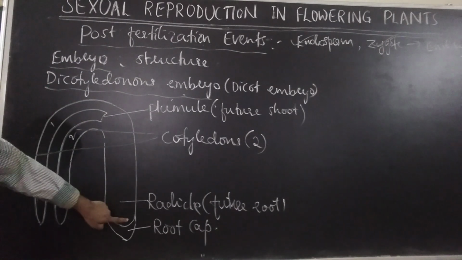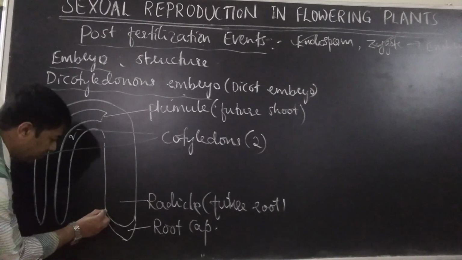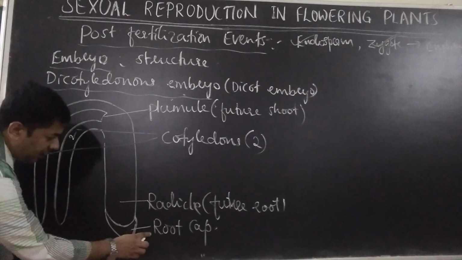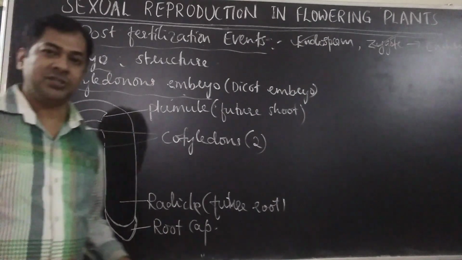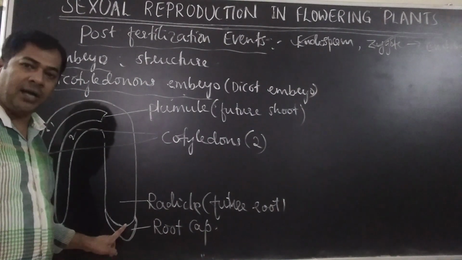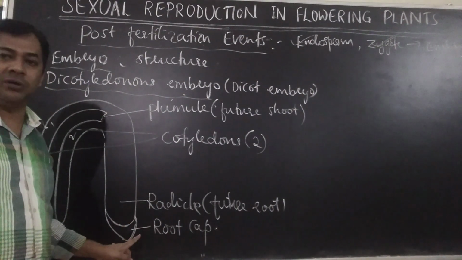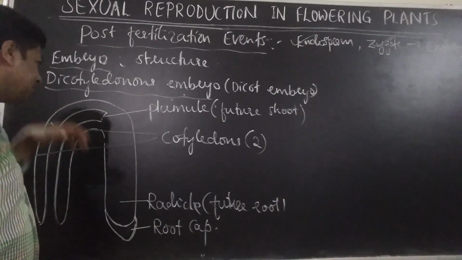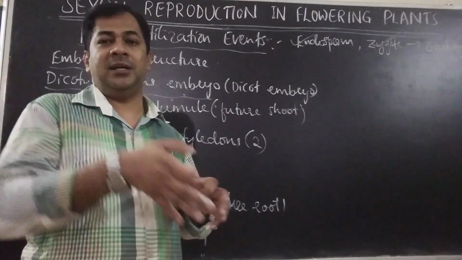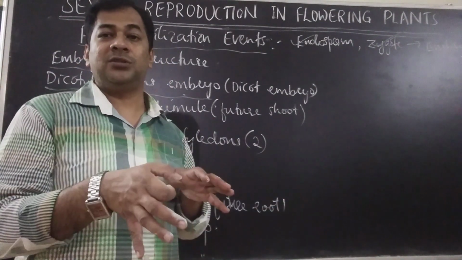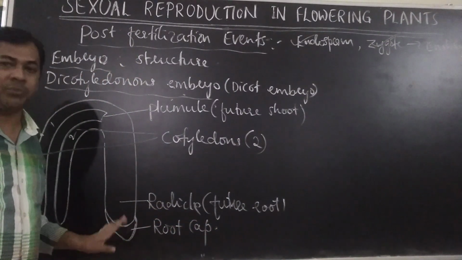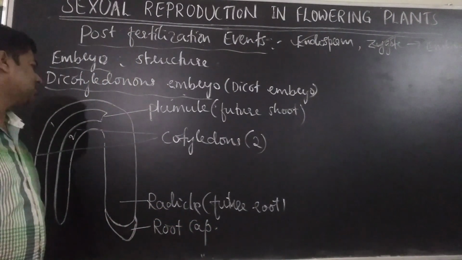So the tip of the root, then this part what you see is the root cap. Root cap is there for protection to the tip of the roots. So damage to the tip of the root doesn't happen because the root cap covers it. Because the root has to penetrate the soil. When it penetrates the soil, there should not be any damage to young root cells. That is why root cap protects it. Root cap is meant for protection.